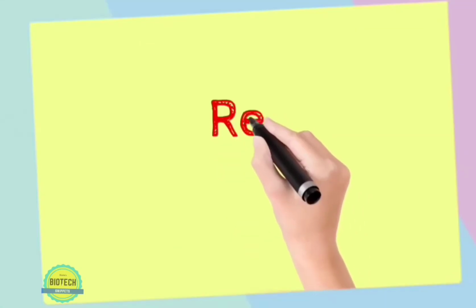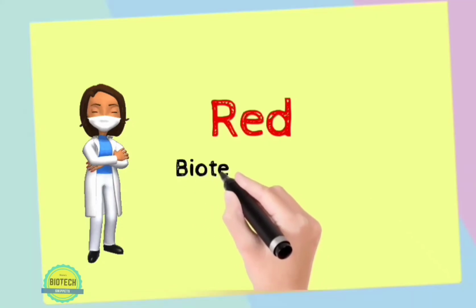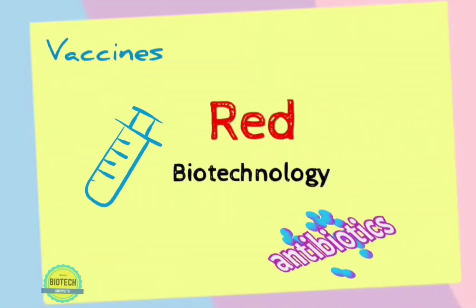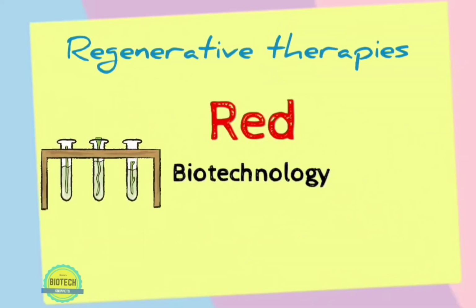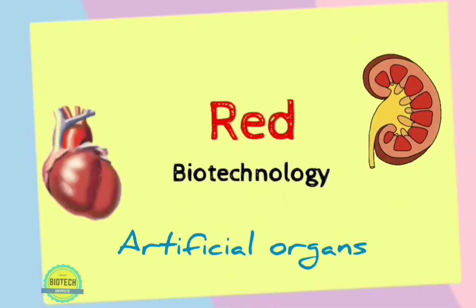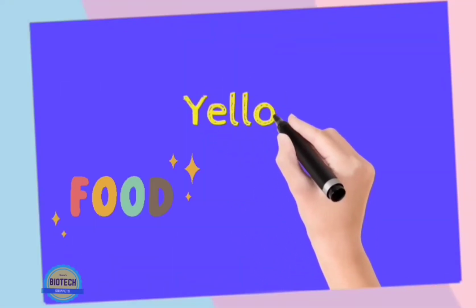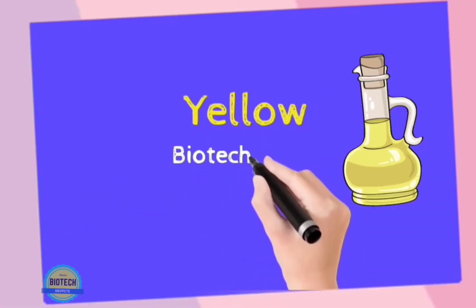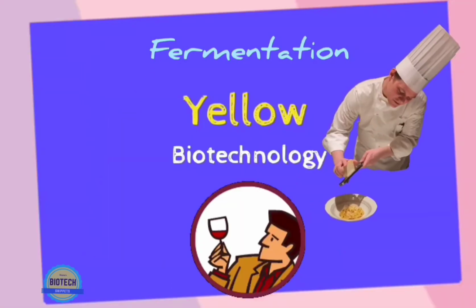Red biotechnology or medical biotechnology. It looks into the discovery and development of innovative drugs and treatments, which includes production of vaccines and antibiotics, molecular diagnostic techniques, regenerative therapies, and development of artificial organs, etc. Yellow biotechnology focuses on food production. Research on reducing levels of saturated fats in cooking oils, use of fermentation in making wine, cheese, and beer are